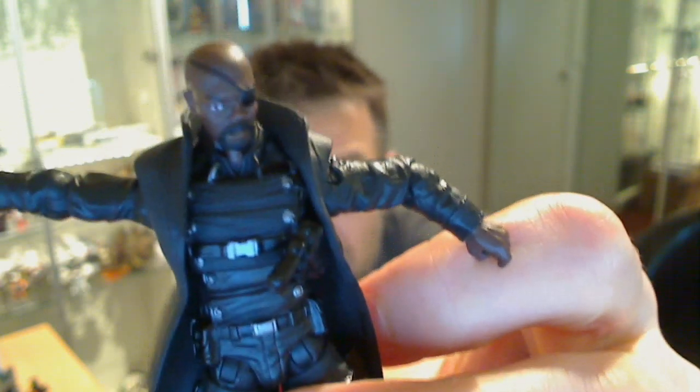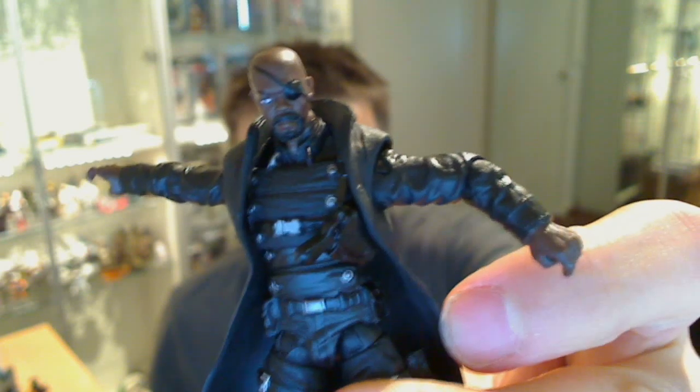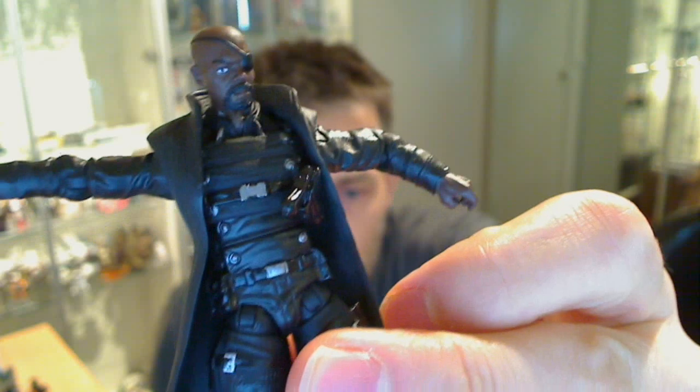That's pretty epic. For the Avengers line, which has really been a very dry line in terms of articulation, even accessories to that point apart from play features, this is a pretty good figure. Really liking this one. And as I say, it's kind of hard to get, so get on there and get that figure hunted down,